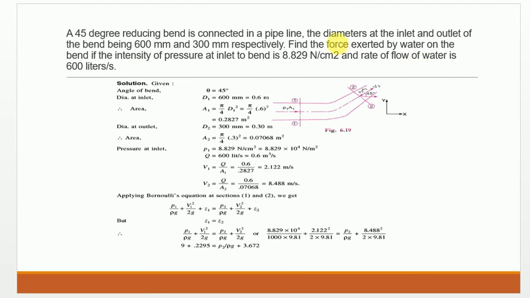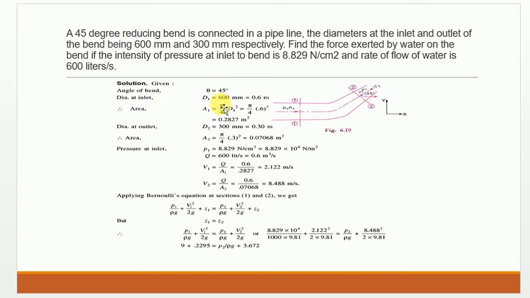Here we need to find the force exerted by the water on the bend. If the bend is able to withstand the force, then it's okay. If it's not, then there might be some catastrophic failure, there might be some breaches in the pipe. So, given the